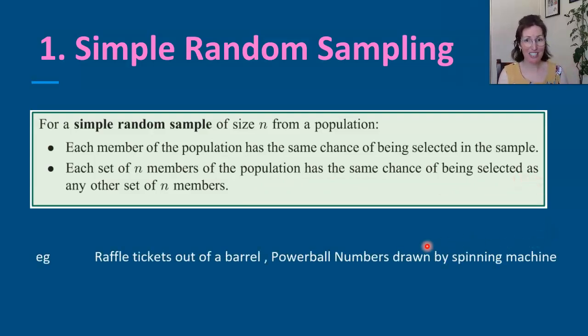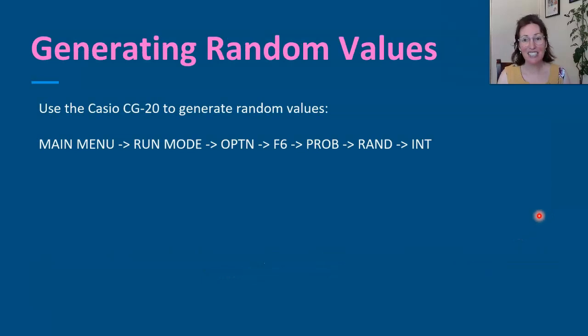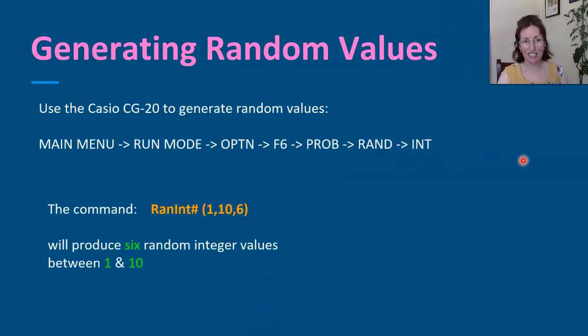And some extra examples to think about here are raffle tickets out of a barrel or Powerball numbers drawn by a spinning machine. In terms of generating random values, you can do that on your calculator. You're going to get much more out of this video if you play along with me at home. So grab your calculator. I use a Casio, so grab that there, turn it on, come on, play along with me. So using the main menu, go to Run Mode, Option, F6, Probability, Random, and then Int, standing for integers,